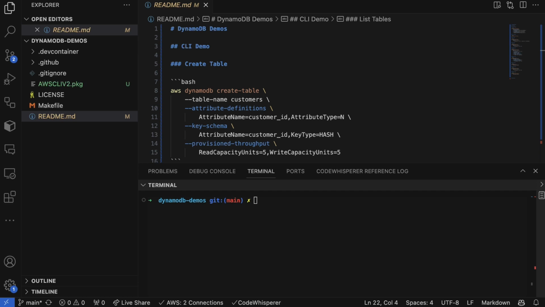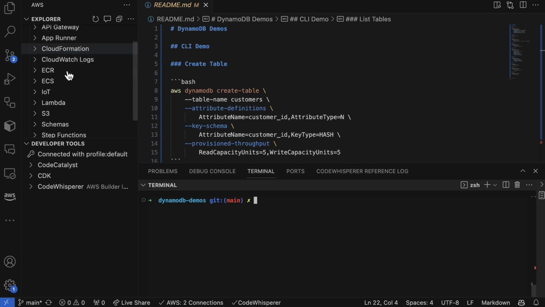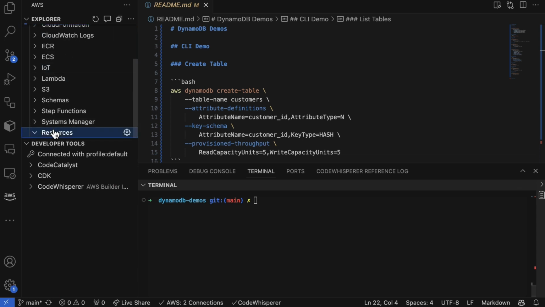Here we have DynamoDB as a command line interface to do CRUD operations, and I have some documentation that walks through step by step how to do it. So first up, one of the things to point out here is that I have the AWS toolkit loaded. What's nice about this is it gives me access to, for example, the DynamoDB resources once I create them. So I could go into this interface here, look at the tables, inspect them, and we see that there's no